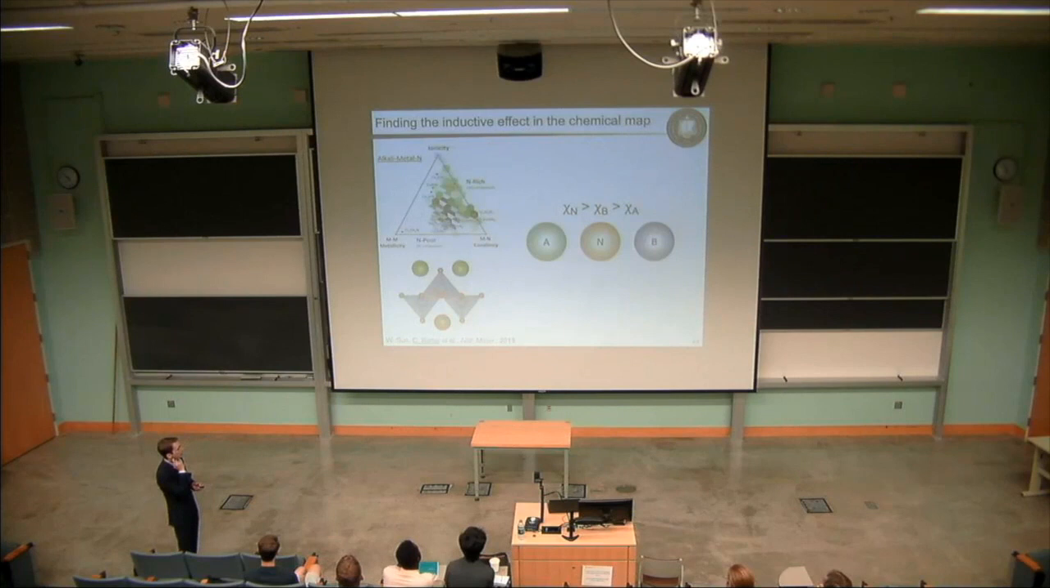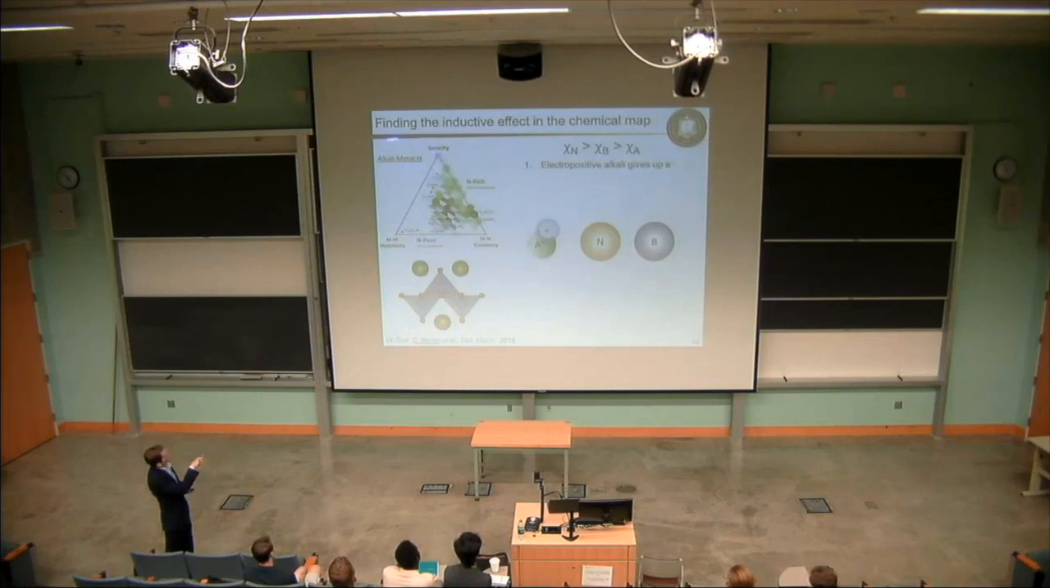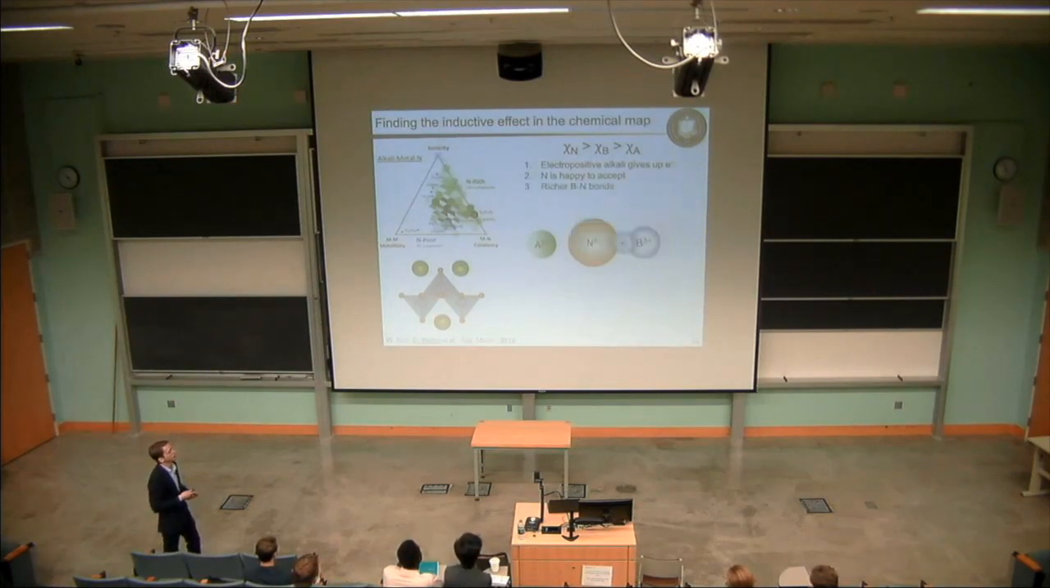So I can walk through these diagrams a bit more. So if we just imagine this cartoon of an electropositive A cation, a more electronegative B cation in nitrogen, for these alkali metal nitrides that typically sit along this covalent ionic axis, what we imagine is happening is that this electropositive A site is happy to give up one electron. Nitrogen, being the most electronegative element in the system, is happy to accept this electron. And what that leads to is a rich network of these BN bonds, or a covalent framework of a BN